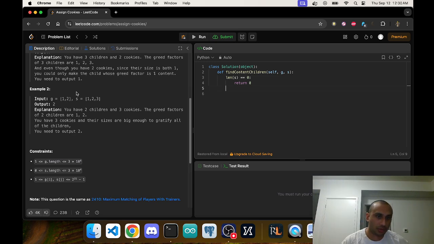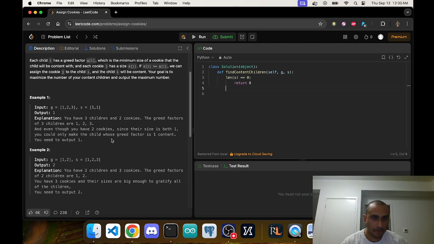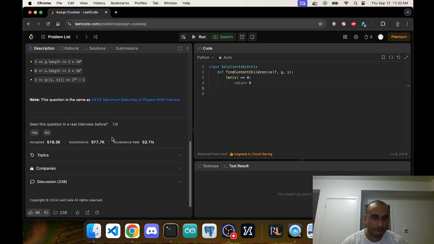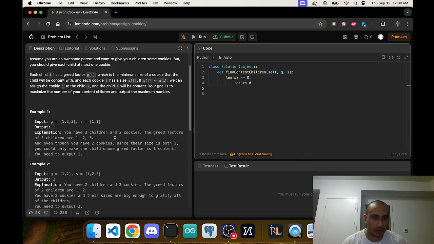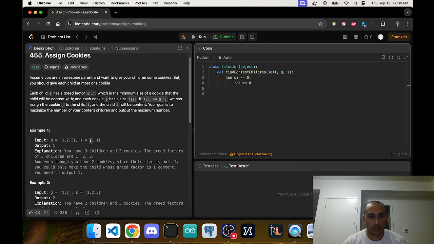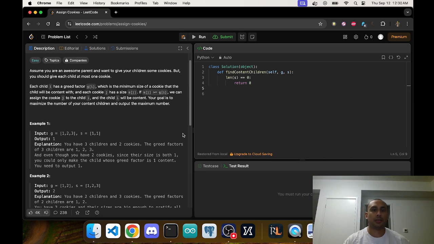Are these pre-sorted? I don't know if they are, but it looks like they are. So they're all pre-sorted, it looks like. Your goal is to maximize the number of content children. Okay, so